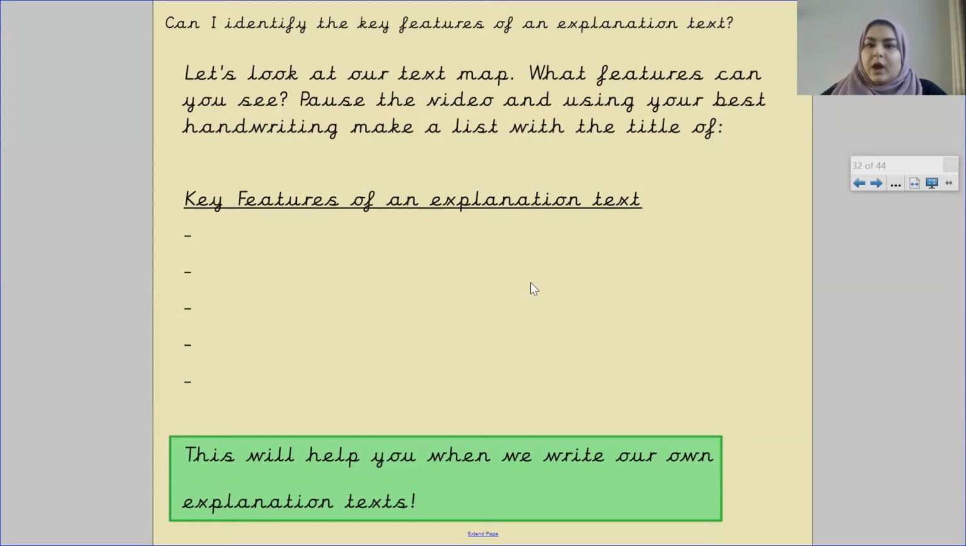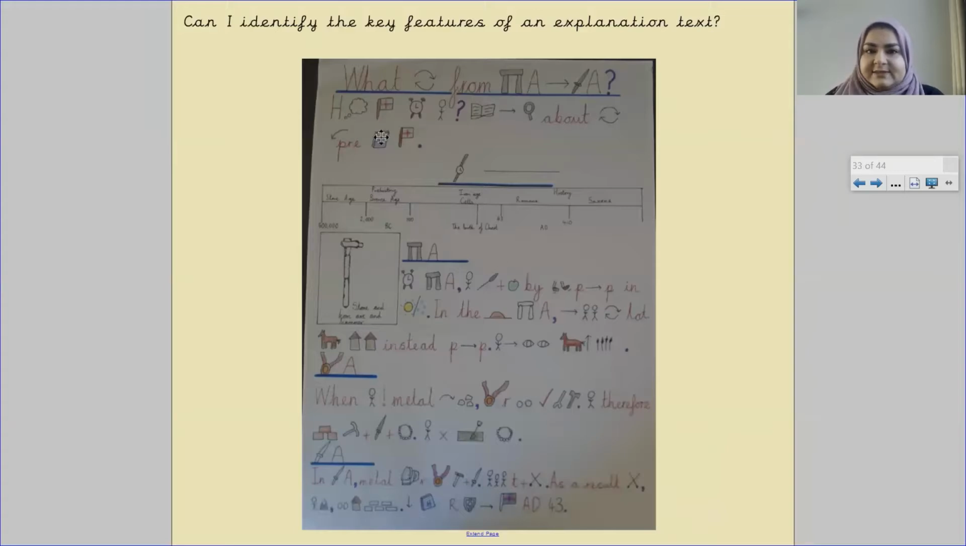Fantastic. When you're filling out the key features of an explanation text, you need to make sure you look at the text map properly that I'm going to show you in a second. These features will help you when we write our own explanation texts, okay? So now, here's the text map for you. I would like you to pause the video and write down what features you see. Okay, pause the video now and write down what features you see or what you may think are in an